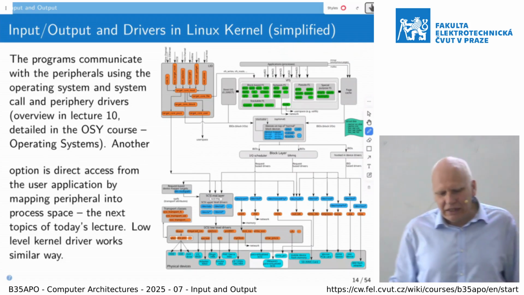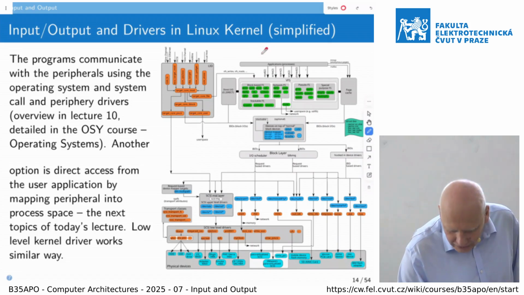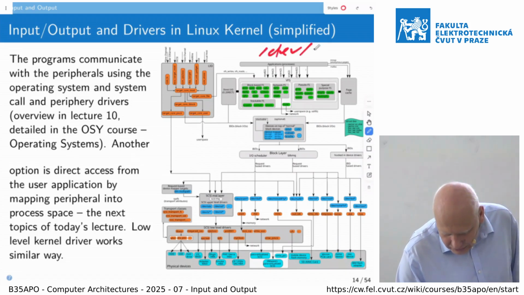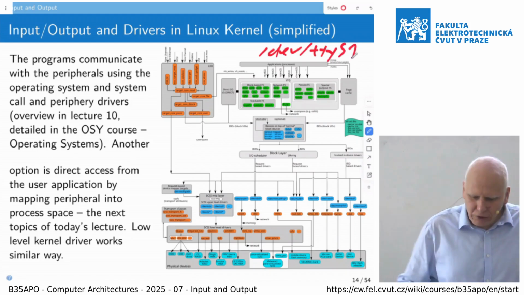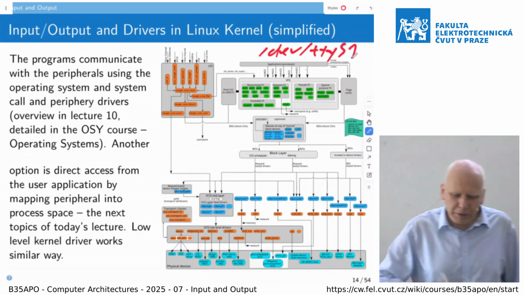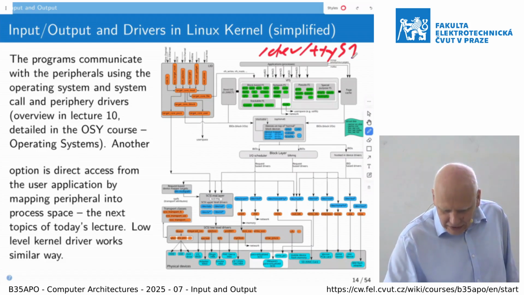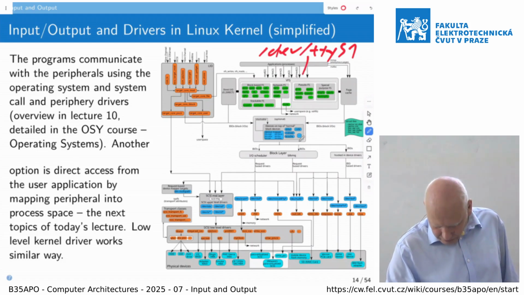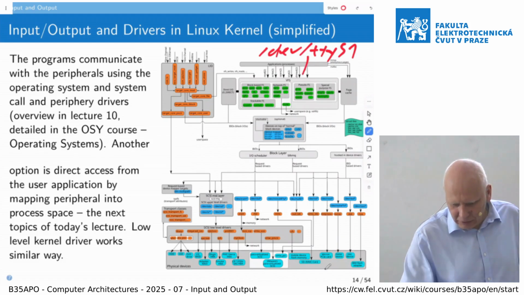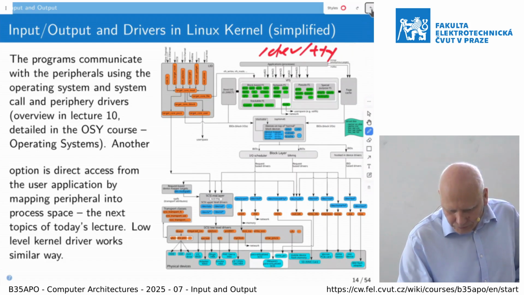But anyway, if you, for example, try dev and TTYS1, then if you have a serial port, you can open it, and then you can directly access through this. Basically, you skip this one, so you go directly here to some level of the serial ports down. Okay, so